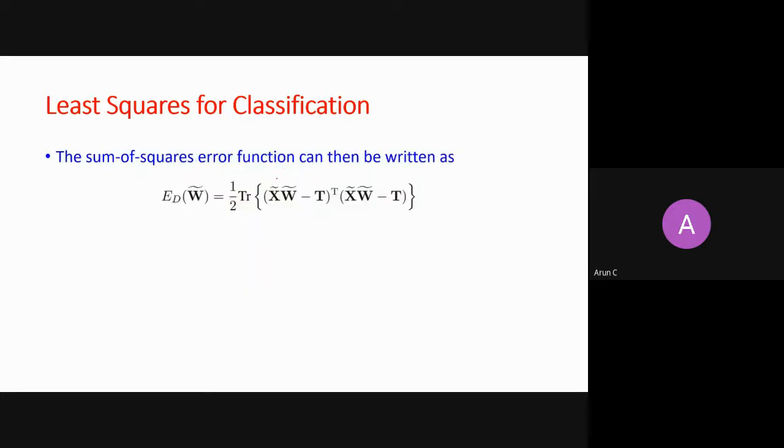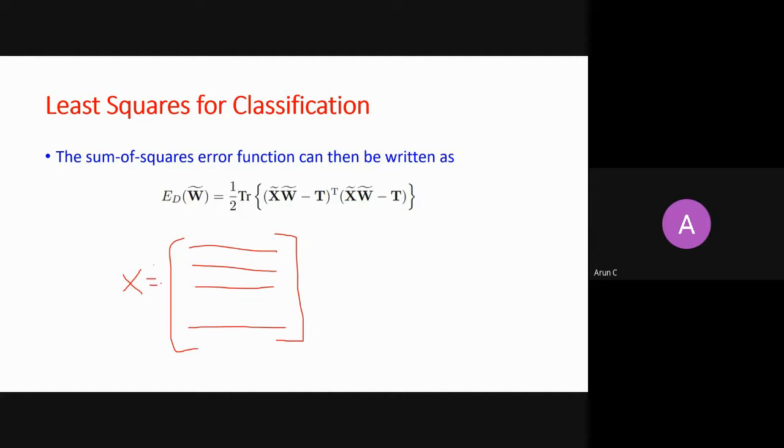What is X here? Let's say I have 100 samples or 10 samples in my data set. So I will take X1, the first sample, second sample, third sample, and my 10th sample. This is a matrix X, and here every row is an augmented vector. I don't need to repeat what an augmented vector for X is. This is my X matrix.